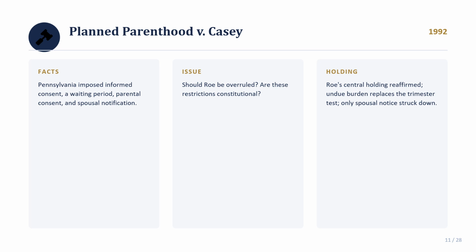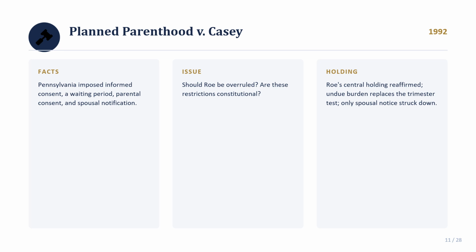So Casey is best understood as doing 2 things simultaneously. It reaffirmed the existence of the underlying right as a matter of stare decisis, while substantially rewriting the doctrinal test that was used to evaluate whether any specific regulation of that right is constitutional. So both halves of that statement matter, okay? And losing track of either one is going to cause you to misstate Casey's holding if you're ever having to use it on a practice or an exam or just talking about it with people.